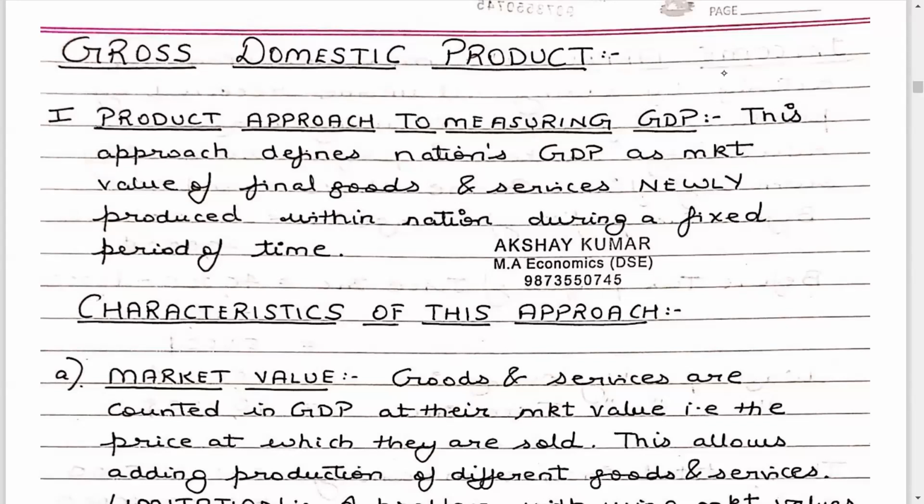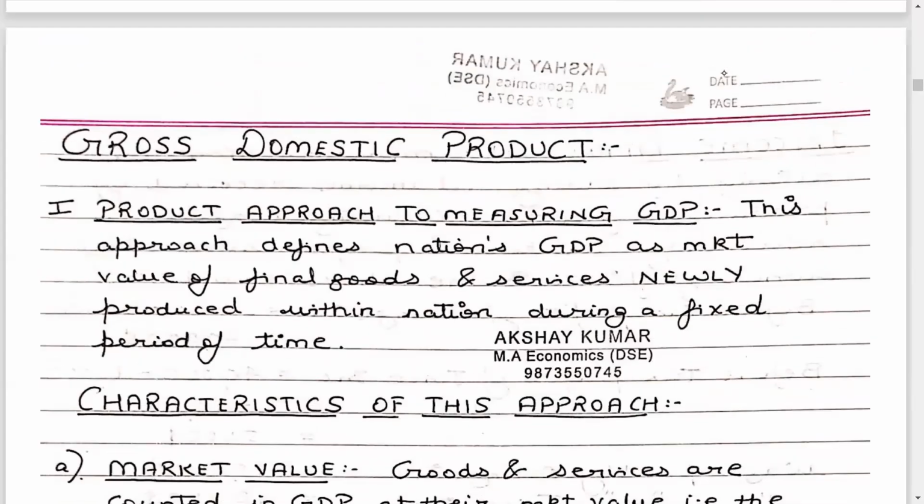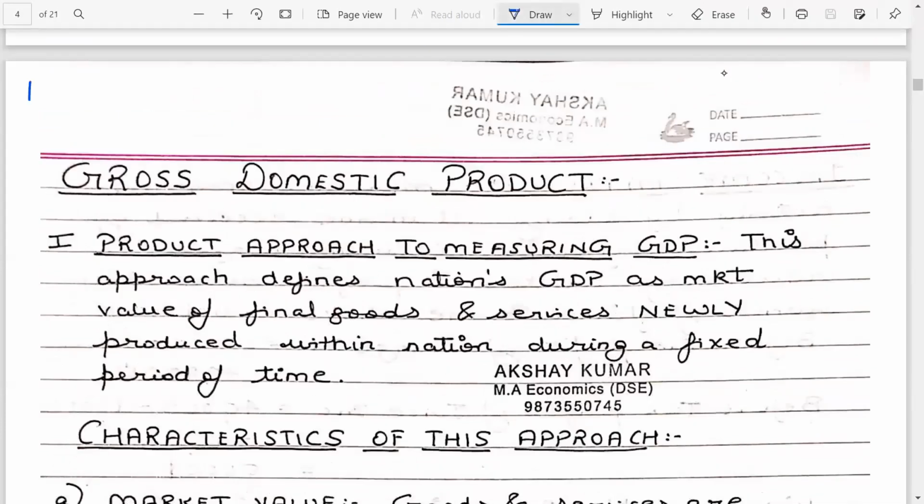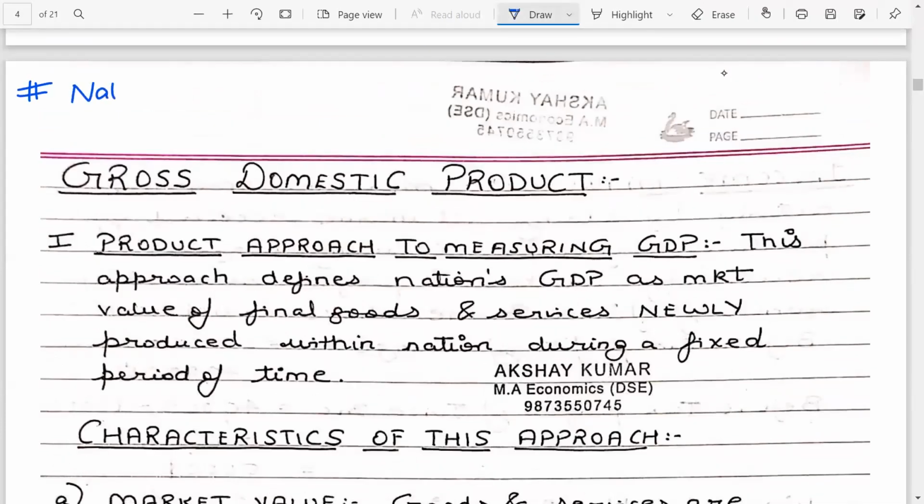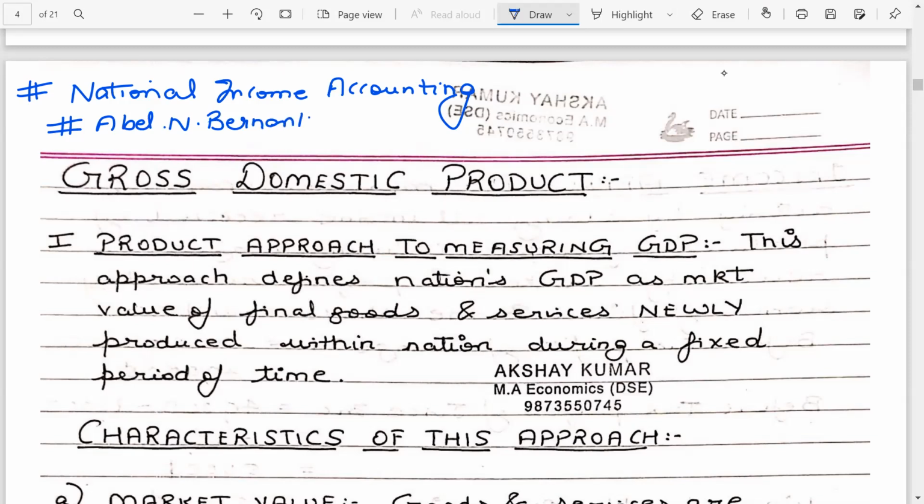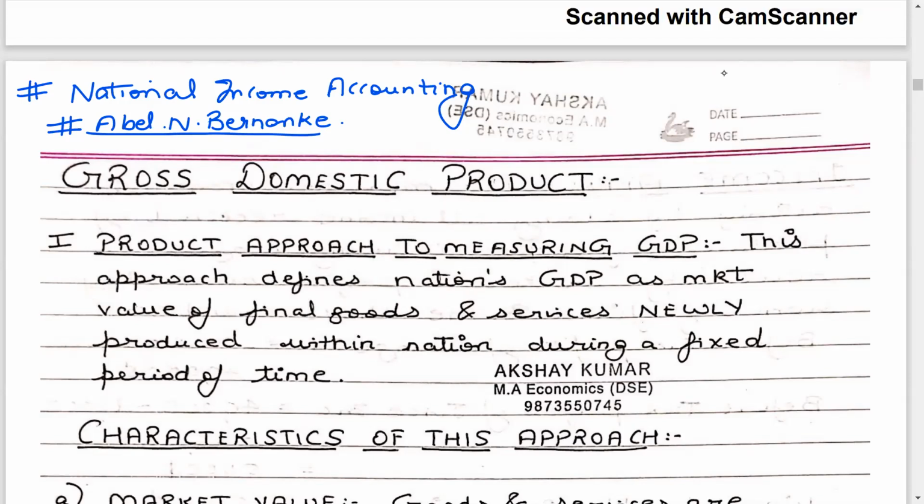Okay, we continue with our lectures on national income accounting. The book I prefer to follow for my lectures on national income accounting is Abel and Bernanke. This is the first reading for the course Introductory Macroeconomics. Okay. So if all students can recall that in the previous lecture of national income accounting, we were